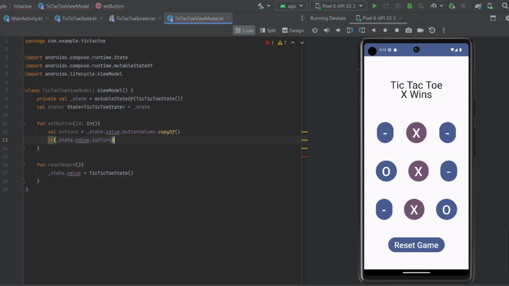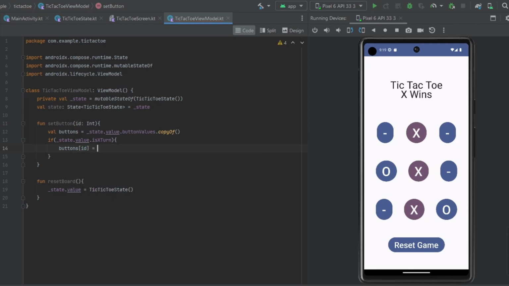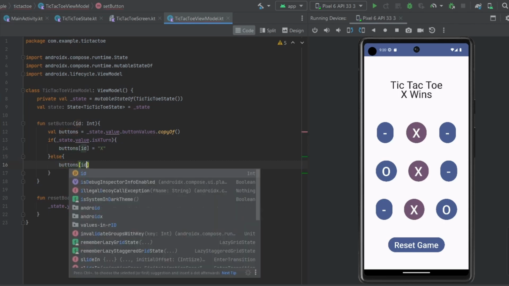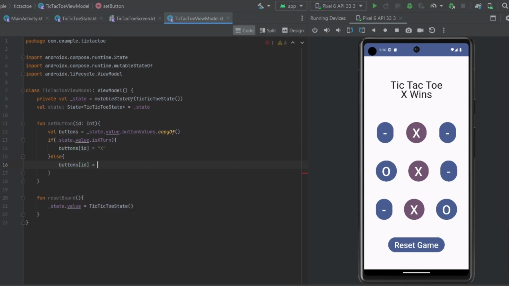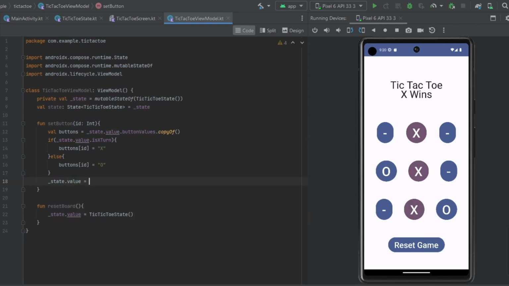state.value.isXTurn, then what we need to do is say buttons at the index of our ID that we passed in is equal to X, else the buttons at that same ID that we passed in is going to be equal to O. And then after we're done with that, we can do state.value equals